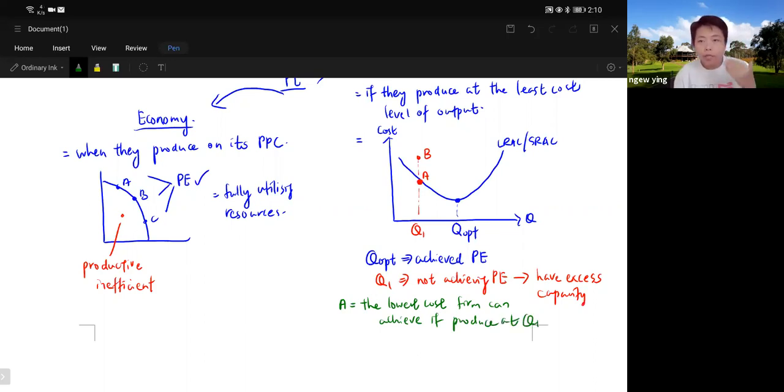So firm A is showing that that is the lowest cost that firm A can obtain if they produce at Q1. However, if now firm A is producing at Q1, but they are producing at point B,